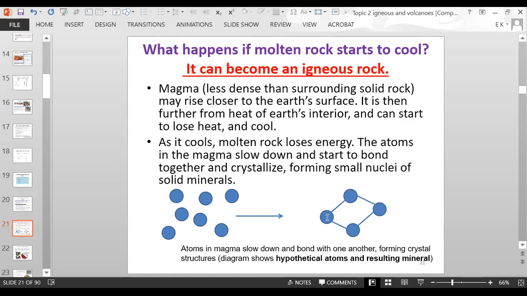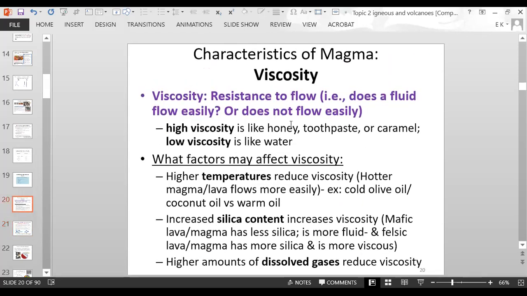So when melted rock or molten rock cools, it can become an igneous rock. So magma, which is less dense than the surrounding solid rock, may rise closer to the Earth's surface. And then because it is further from the heat of the Earth's interior, it will start to lose heat and cool. So that brings us back a little bit